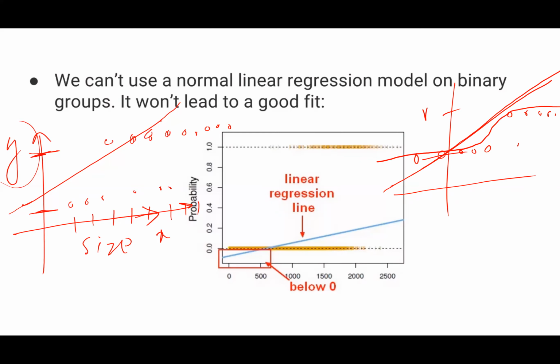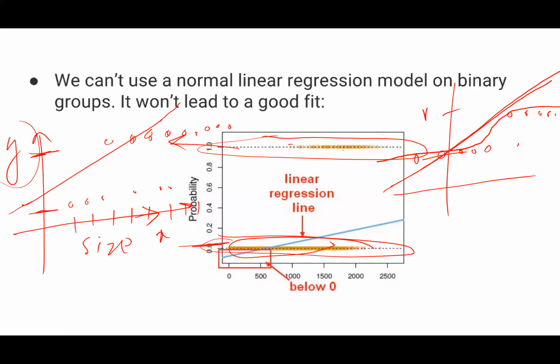Just have a look at this particular graph. We have some probabilities or numbers, and the distribution looks like this. Most of the values are at 0, and other values are at 1, and there can be multiple values in between. If I use a straight line to predict this kind of behavior, my line may not give me an exact cutoff to tell which class a point should fall in, whether it is 0 or 1.